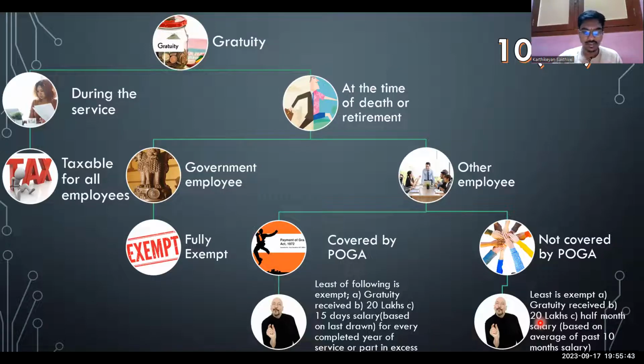If the employee is other than a government employee, it is broadly classified into covered by Payment of Gratuity Act and not covered by Payment of Gratuity Act. If he is covered by Payment of Gratuity Act, the least of the following is exempt. First is gratuity received. Next is 20 lakhs. The third point is 15 days salary for every completed year of service. If you want it as a formula, I'll put it this way: 15 by 26 into